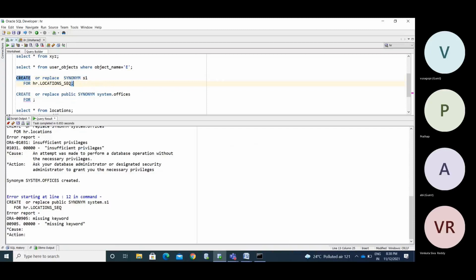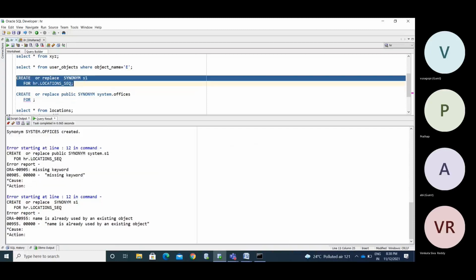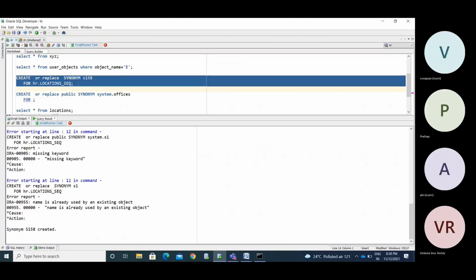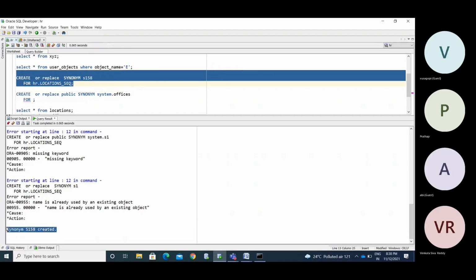Create or replace synonym name. The name is already used by an existing object. Now we created the synonym for a sequence.